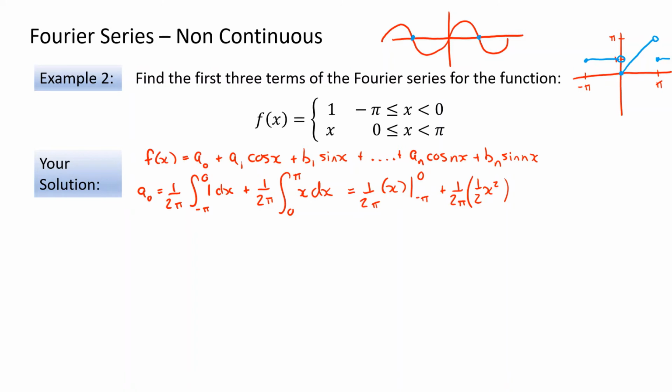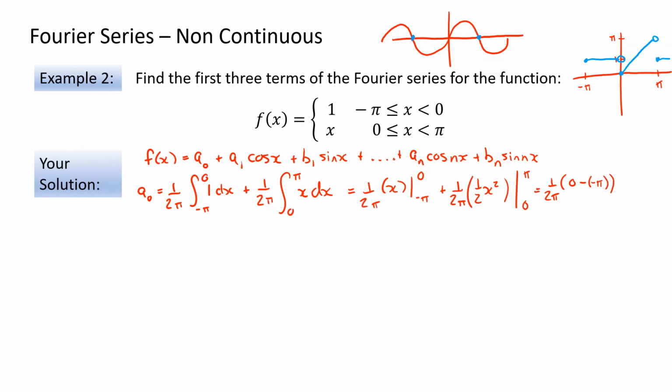It's the integral of x dx. And this is evaluated at pi and 0. So remember, they're evaluated at different boundaries because the function is valid at different points. So substituting in these values, we get 1 over 2 pi times 0, minus negative pi,